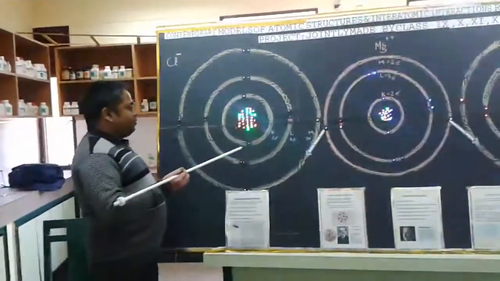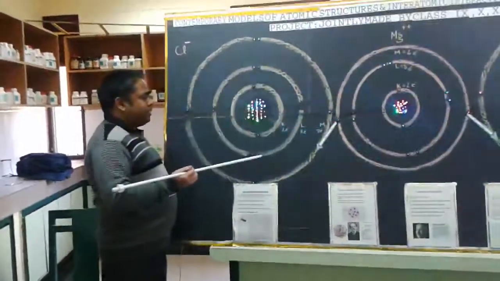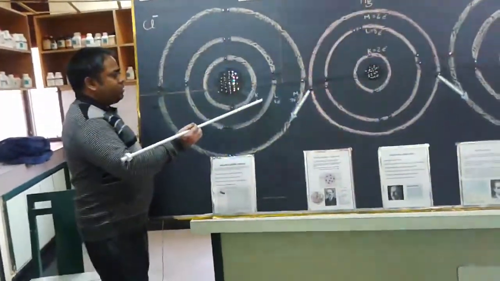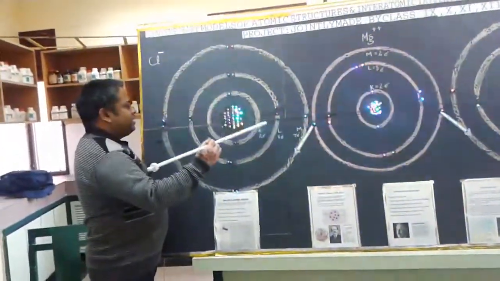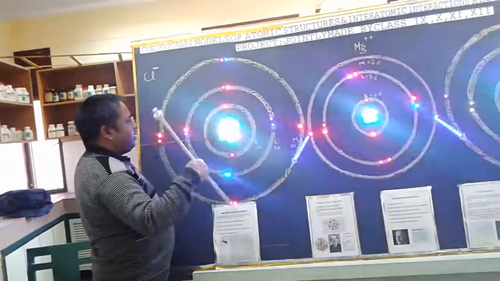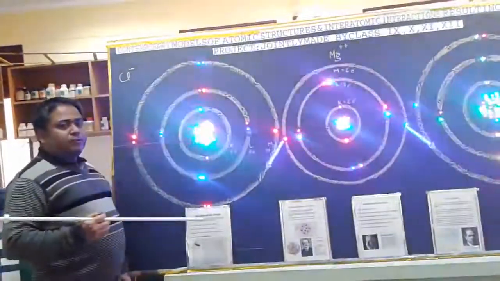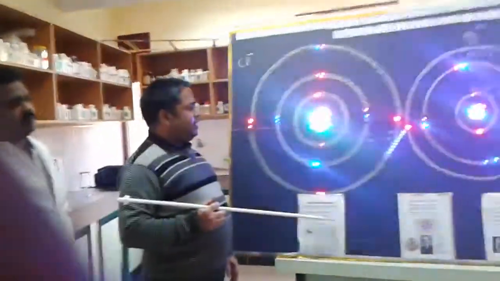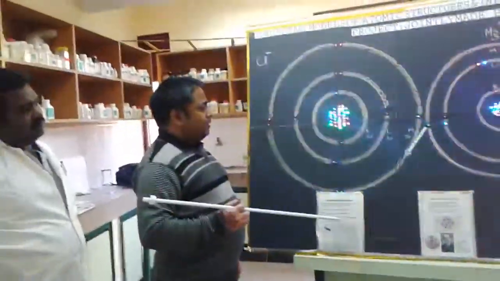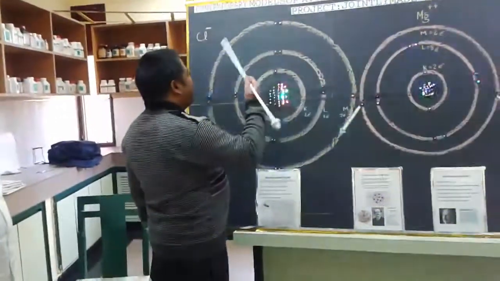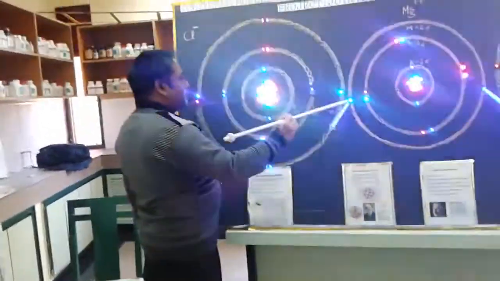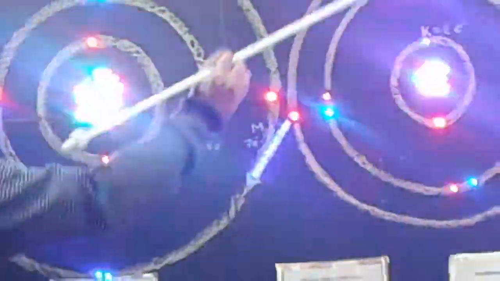So here we are seeing that in the first orbit there are 2 electrons as per Bohr-Bury rule. This is called the K shell, having 2 electrons. The second shell, or L shell, has 8 electrons. The third shell, called the M shell, has 7 electrons. The criterion for stability of any atom is that there should be 8 electrons in the outermost orbit. So the chlorine atom has a tendency to take 1 electron from any electropositive metal.